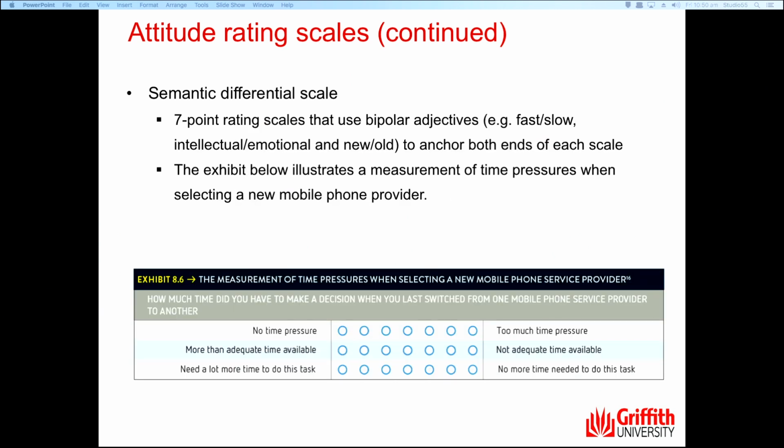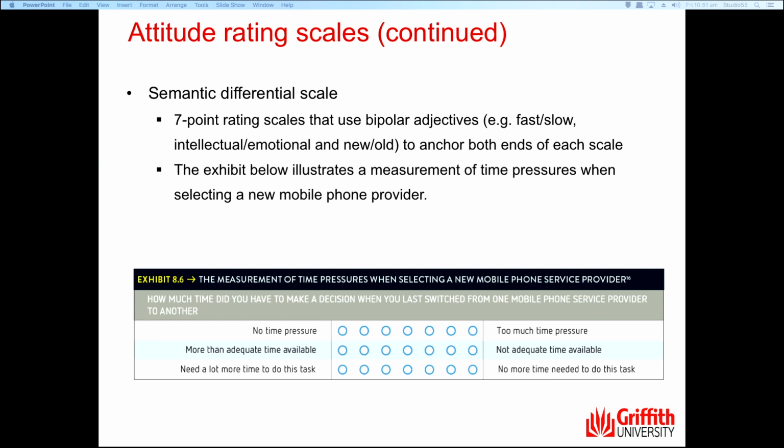We also have the semantic differential scale. This is a 7-point rating scale that uses bipolar adjectives, fast and slow, good or bad, happy, unhappy, intellectual, emotional, new and old, to anchor both ends. You see the difference from the previous slides where you have to put 1 to 7, but now you have two bipolar sides. And again, this is an example of the measurement of time pressure when selecting a new